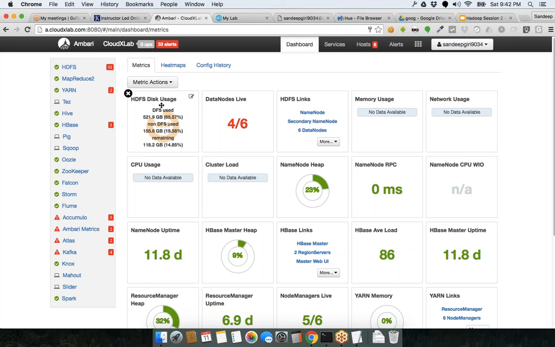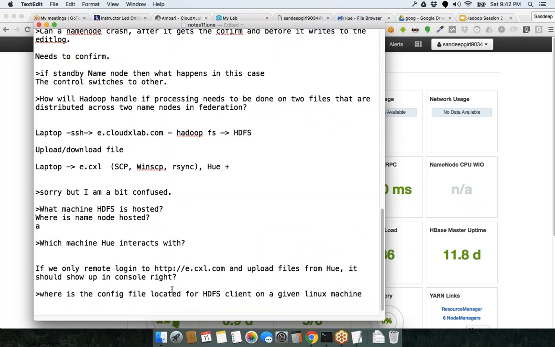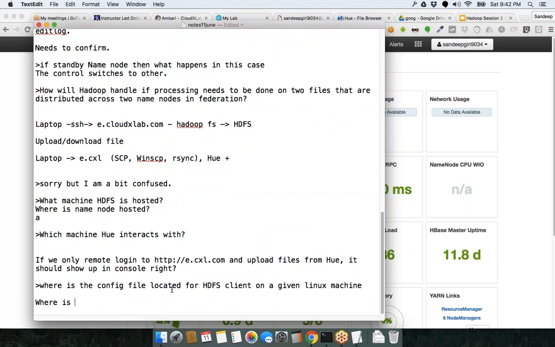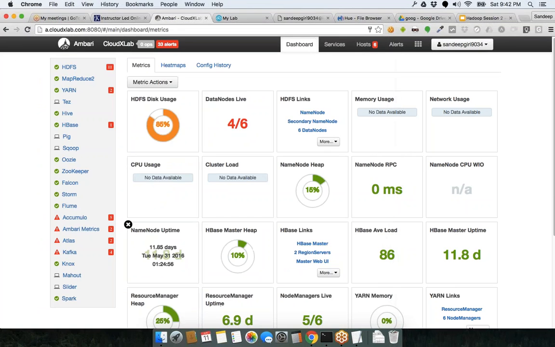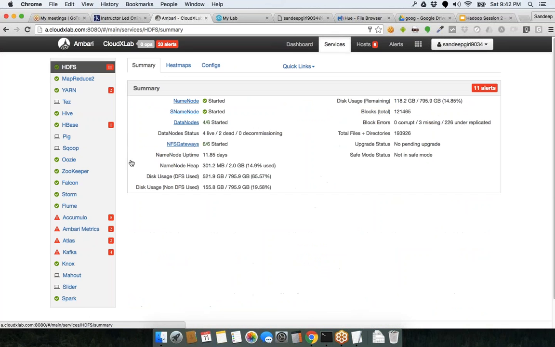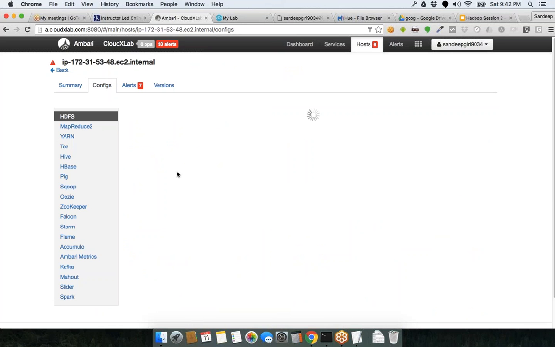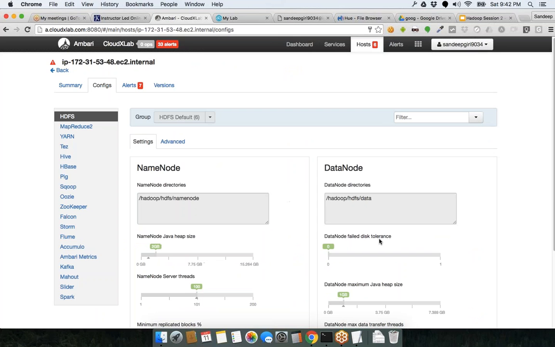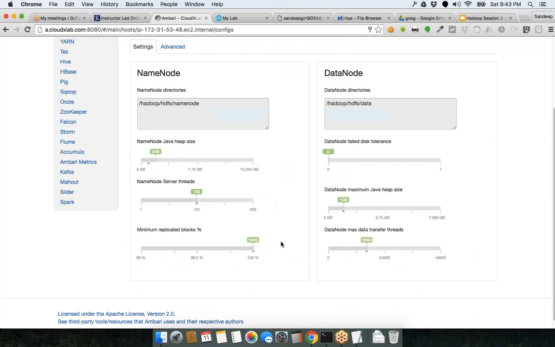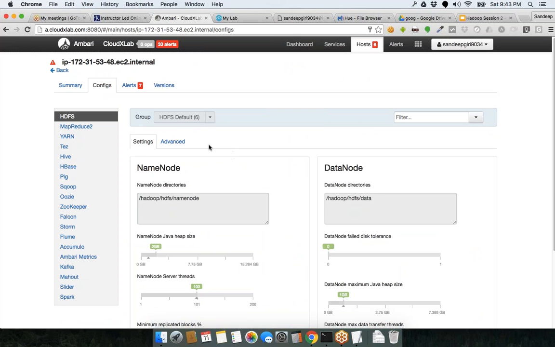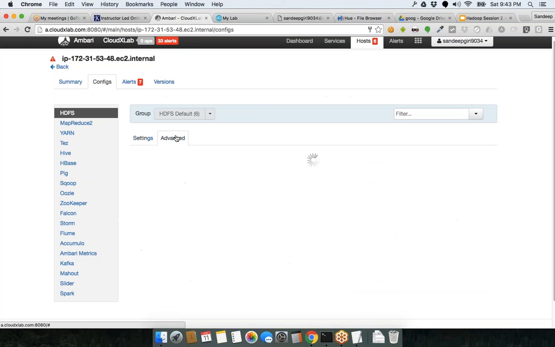Now the question arises: when HDFS runs, when name node runs, where is the config of name node or data node? Although we can control the configuration from here, you can click on config. Since we are not admin of this one, all of these things are read only. Although we can modify all of these properties. I'll show you, if you go into advanced,